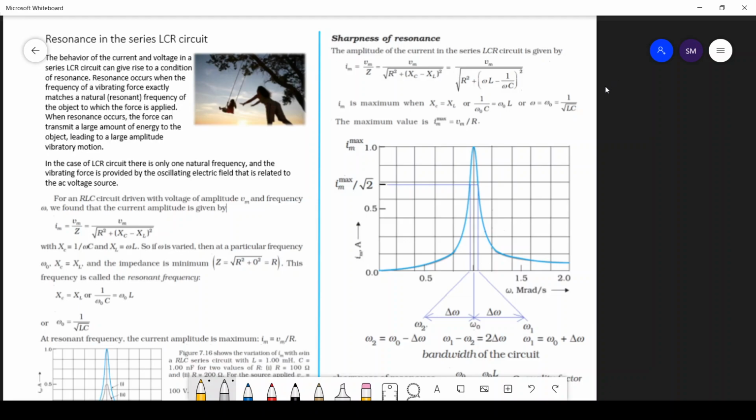Students, we are going to do the topic resonance in the series LCR circuit. To understand this topic in a better way, you need to see the previous video of LCR circuit,